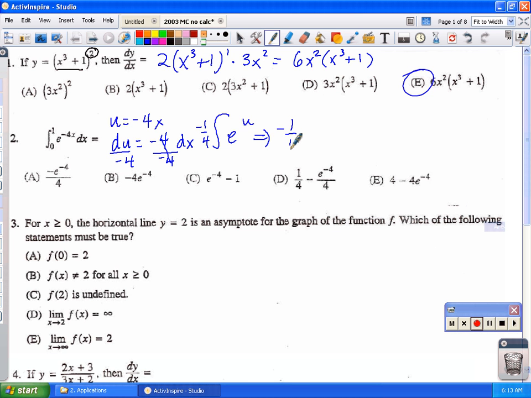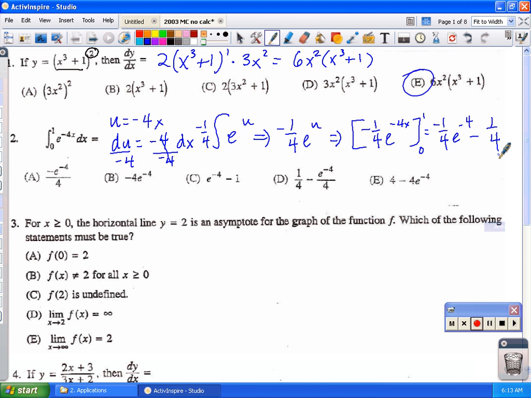That would give me negative 1/4 e to the u, and when I put it in terms of x, negative 1/4 e to the negative 4x evaluated from 0 to 1. So that would be negative 1/4. When I substitute 1, I get e to the negative 4th, and when I substitute 0, e to the 0 is 1. So that would be minus 1/4, and so that would be